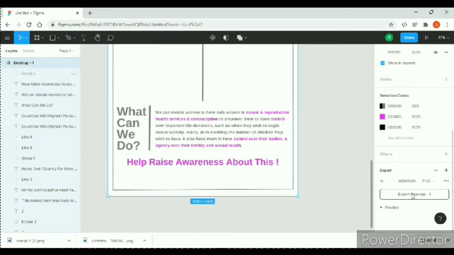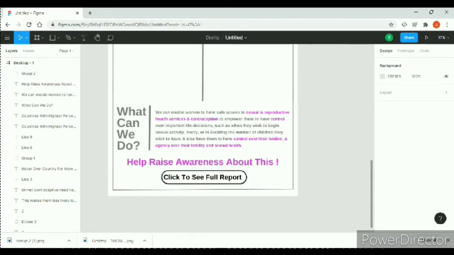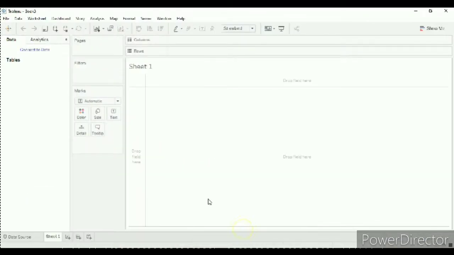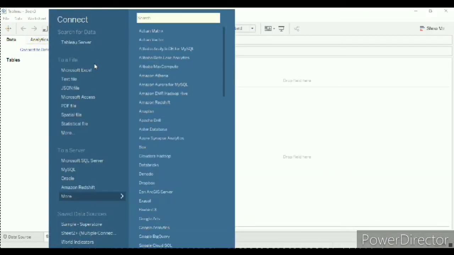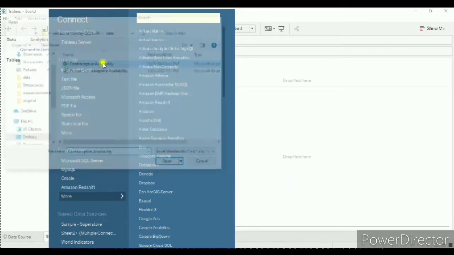So first I will export the desktop and then I'll export this click to see full report button. So first we'll connect our datasets. I have created two different datasets from the data given in this week's challenge.